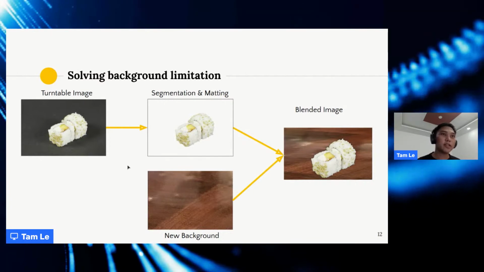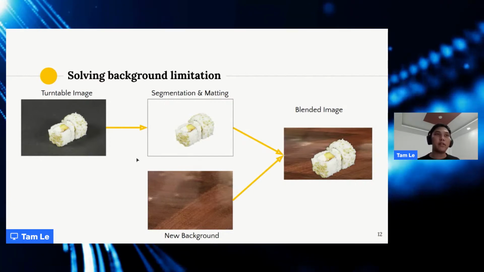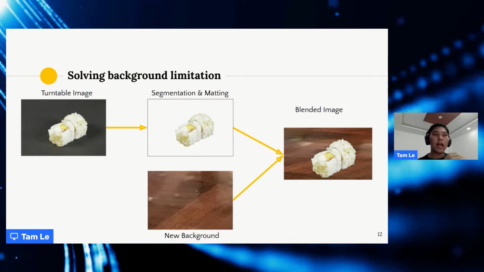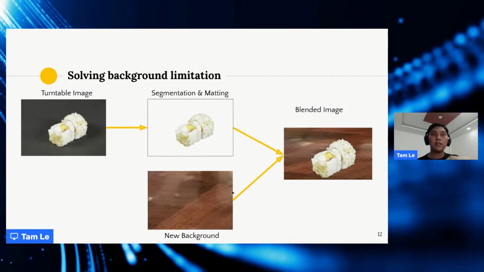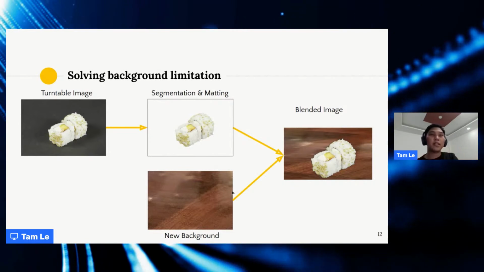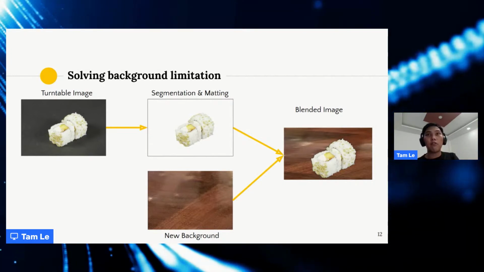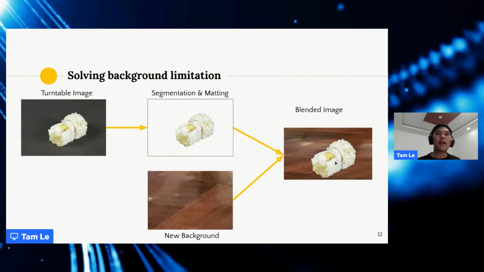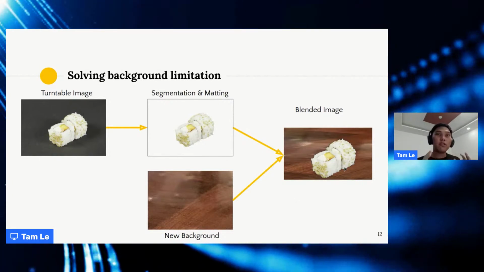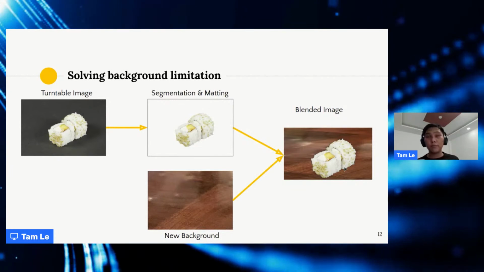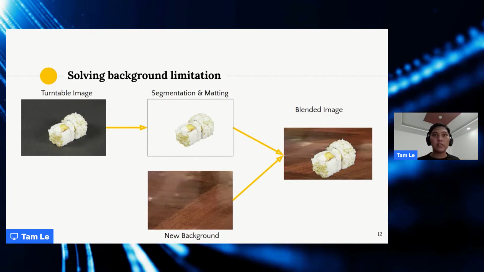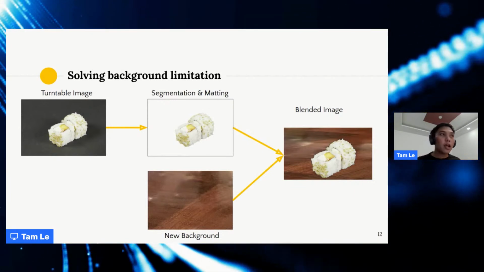For example, here you can see it removes everything, the turntable background, and then when we add the new background, we can blend the segmentation and mapping image with the new background, and we have a brand new background image here. It's not 100% natural, but I think it's going to be good for your training data. So you have more backgrounds.